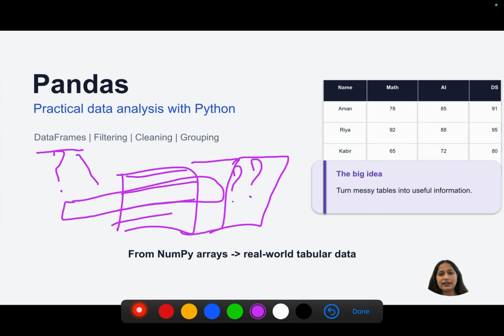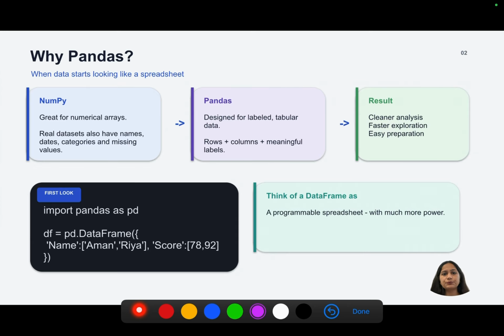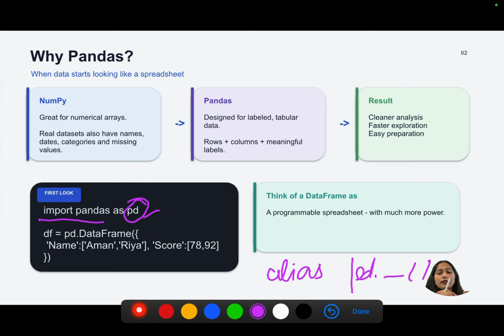So let's get started. What is pandas? Pandas is basically a Python library, just like your NumPy. You import it as import pandas as pd. It is very generic, so everybody uses it like pd. It is an alias, a short name. So whenever you want to use any function from this library, you will simply write pd.function name followed by the brackets. The pandas library basically gives us the power to handle Excel sheets, CSV files or large